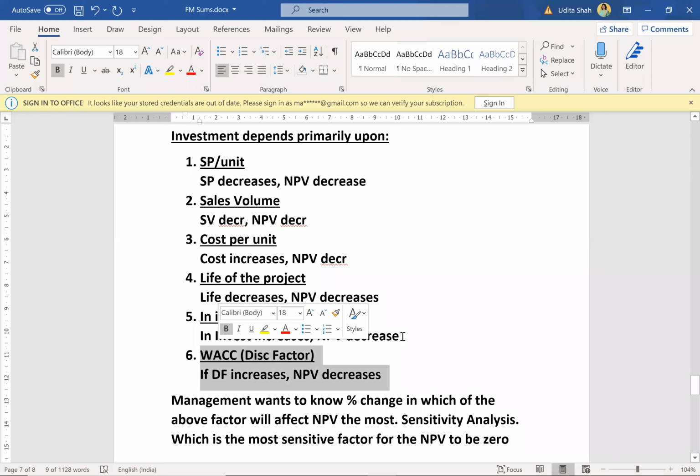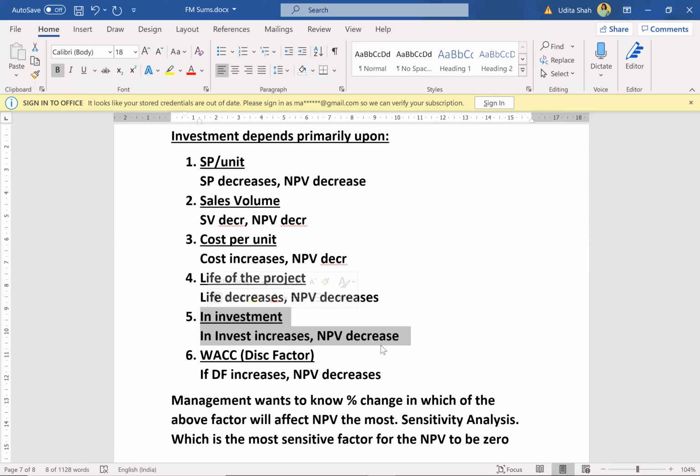Correct. Then which method compares initial investment and NPV? Which is the method that we studied which compares initial investment and NPV? That also we have done. Cost benefit, but what is the name of the method which directly compares initial investment with the NPV? Profitability index, right? What is the formula of profitability index? It was NPV upon initial investment.